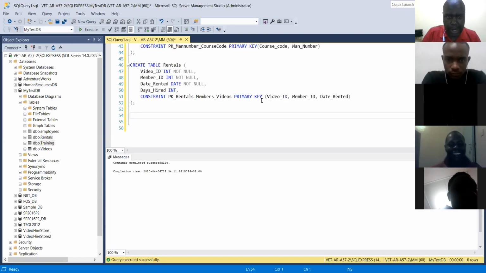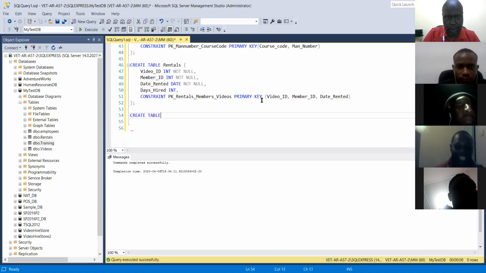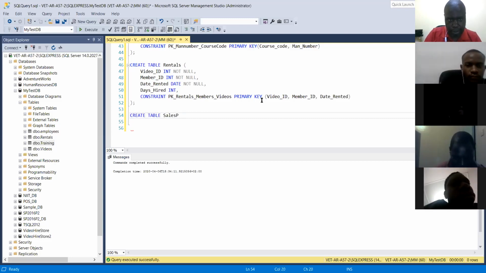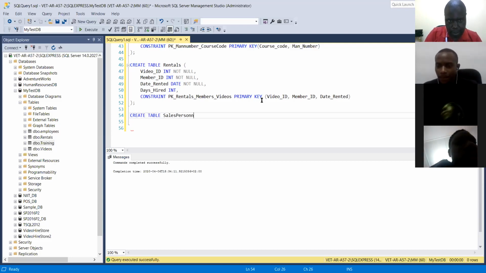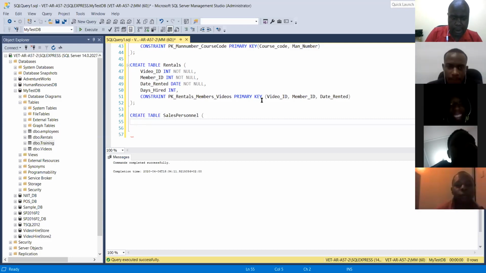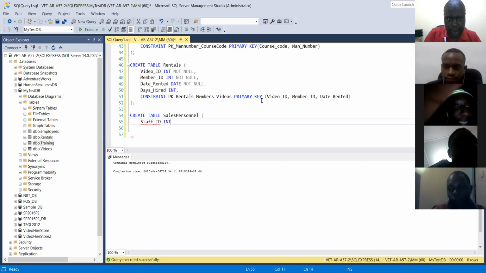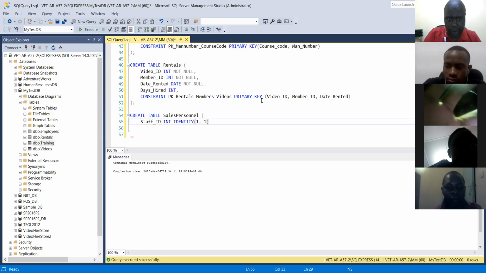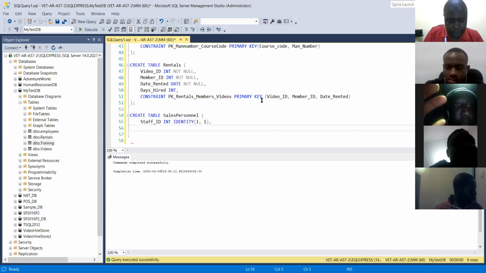So that's how you set primary keys when you are creating tables. But you can also set primary keys after you have created a table. So let me create a new table. I'll make a new table called sales personnel, with staff ID, which will be int, and we can use identity 1,1. First name,